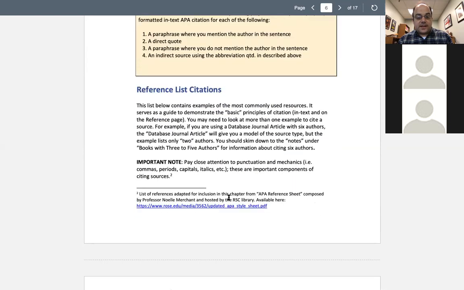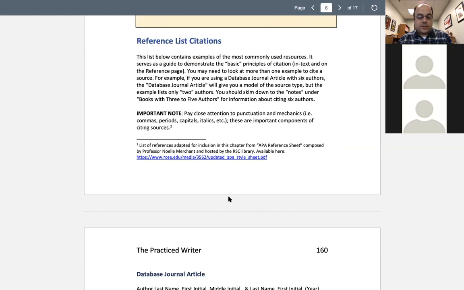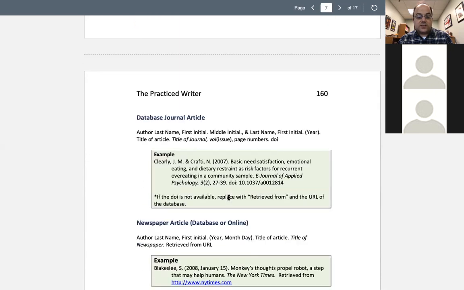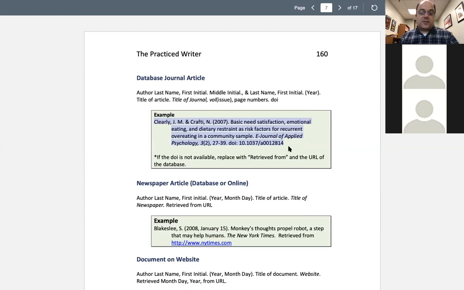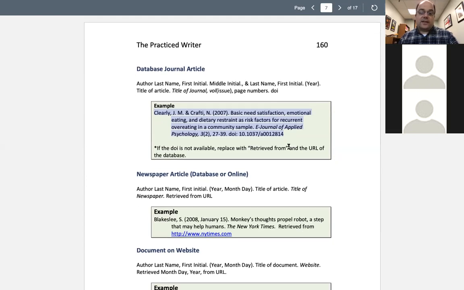The next section deals with reference list citations. So on this, I have several different samples here that you can look to and follow. And this particular example here is a database journal article. This will be a type of source that we use. The databases themselves will often provide those citations, or you can write it manually and